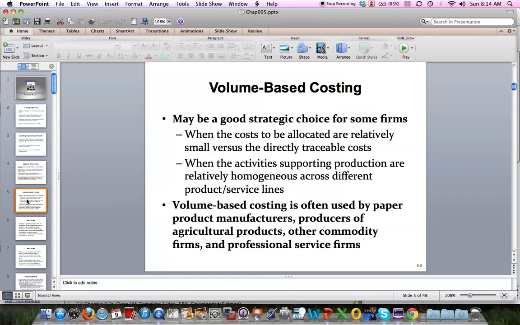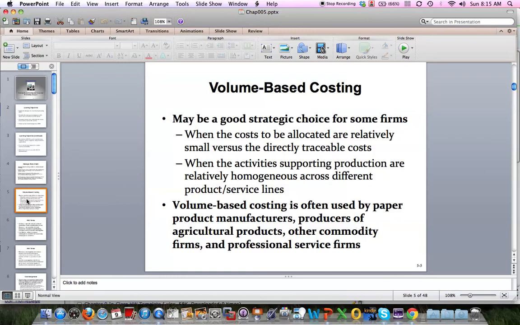So it says here some times when volume-based would be the good way to go is when costs to be allocated are relatively small versus directly traceable cost. So we're not really allocating a lot of cost. So if the amount we're allocating compared to total cost isn't that much, then volume-based will be just fine. We're not going to get that much more bang for our buck by going to ABC. Another is when activities supporting production are relatively homogeneous across different product or service lines. So that's what they mean by that is if we really are going into more of a commodity. So if we're manufacturing, they say paper, agricultural products, professional service firms, volume-based is just fine